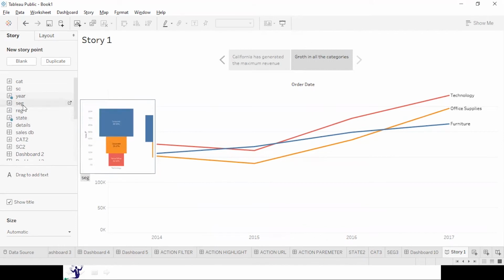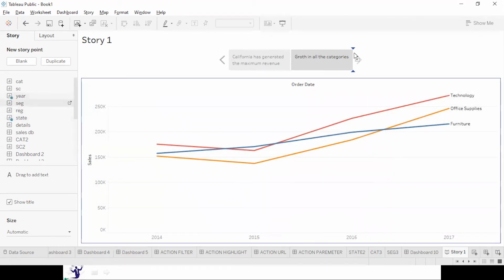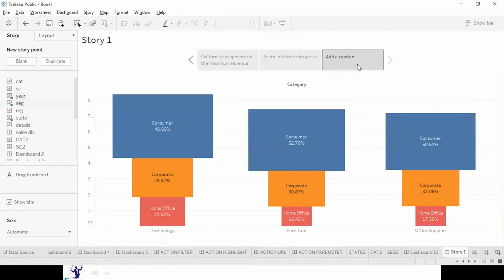Next, let me put segment over here. Now you can place it before, between, after, anything. I will say consumer has contributed the max in all the categories.